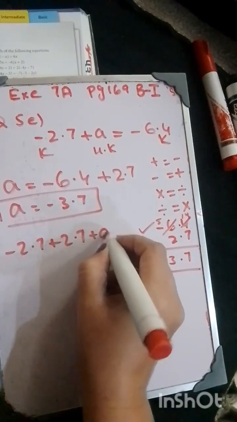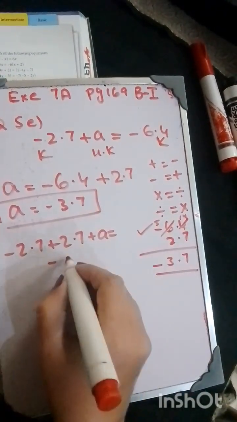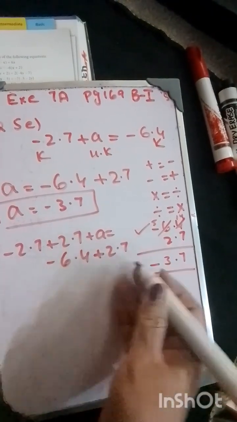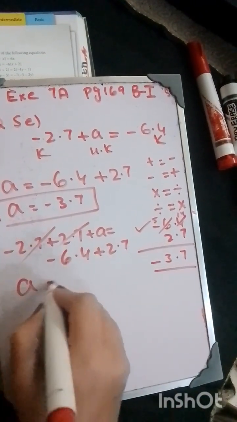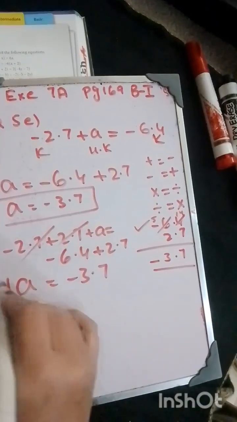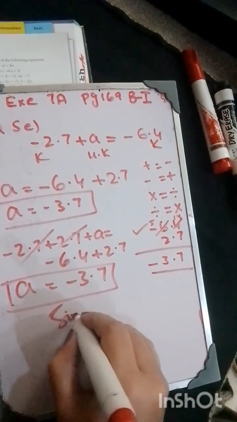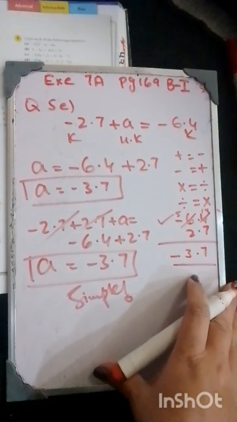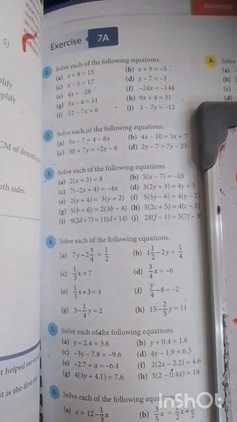Now solving it with the other method, again you can write minus 6.4 and plus 2.7, since it was an alternate sign, so taking plus. So again we got 3.7 with negative sign. Simple. I hope that you have understood the methods completely. These are the questions we have already gone through. These are the similar ones, step by step. I have already explained. Same way you are going to solve them.